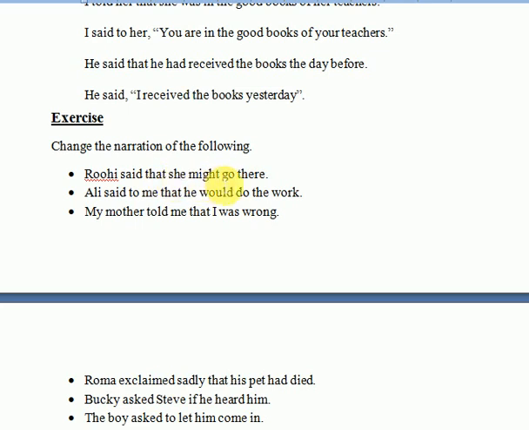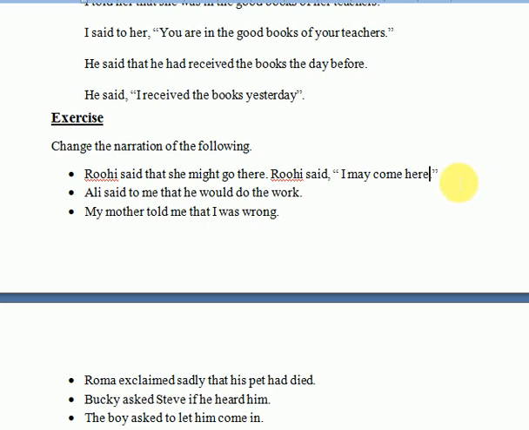Ruhi said that she might go there. So this is indirect. Ruhi said, she would go, according to Ruhi, the subject, so that would be I. For example, Ruhi said, I may go there. Why I may go there? Because our reporting verb is in the past. Therefore, I would change this might into may. Sorry, this would be I may come here. In the indirect form this would be go, and in direct form this would be come, and there in indirect form that would be here.